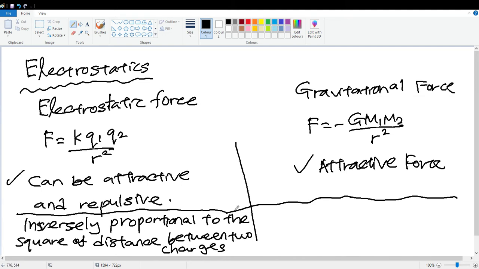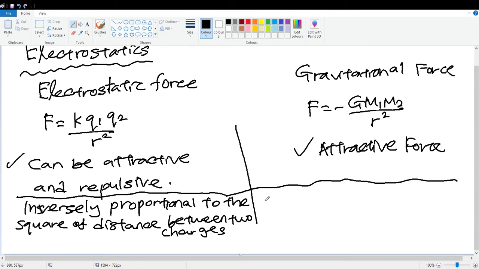As for the gravitational force, it is inversely proportional